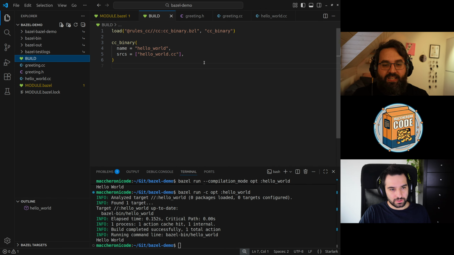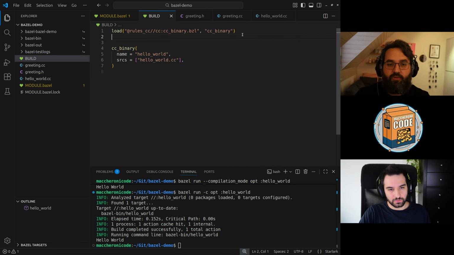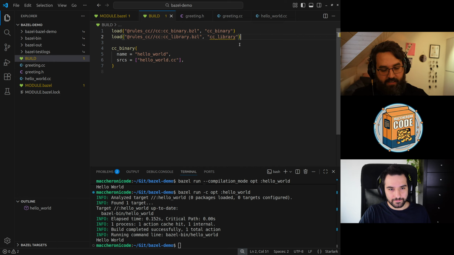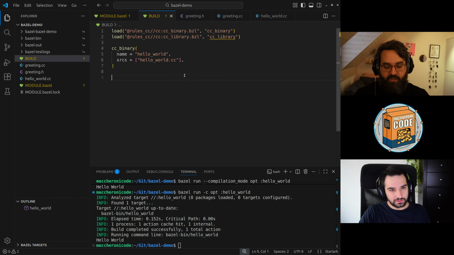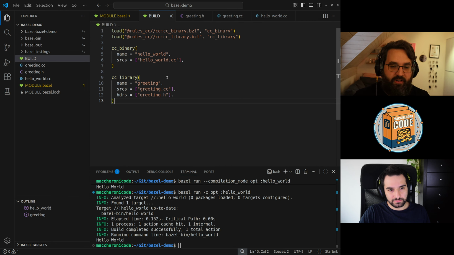But well, we need to define our library. So we include a new rule which is called CC library. So binary actually is equivalent of post linkage. So it's actually an executable. Instead, CC library is more equivalent of building an object file, a .o file on Unix. So in this case, makes sense. More clean. Yeah. So we go and we add the CC library. We call it greeting.